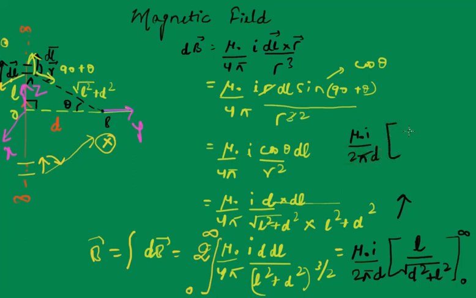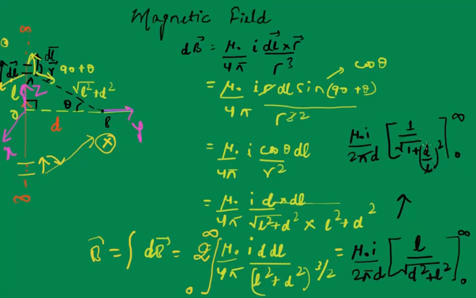Let's take L inside the square root. Once we do that, we will have 1 by under root 1 plus d by L whole square, right? And then you will have 0 to infinity. So first you will apply infinity, and then minus, you will apply 0. If you apply infinity, this term will vanish, so you will have only 1. Then minus, when you apply 0 here, this term will be infinity, so 1 by infinity